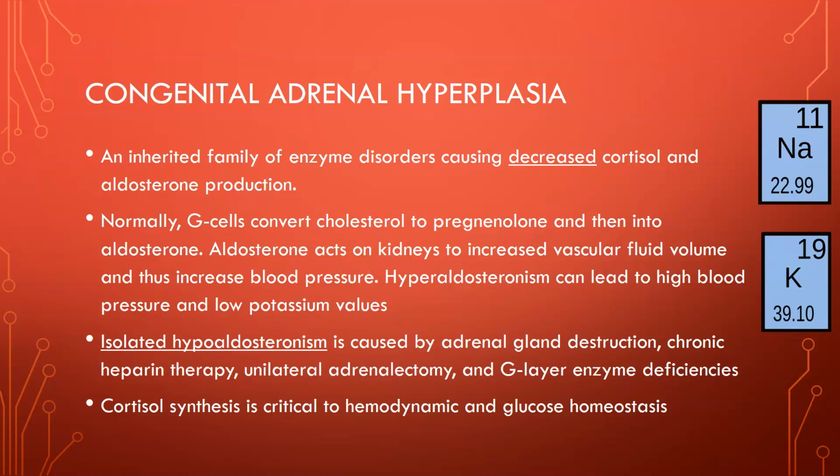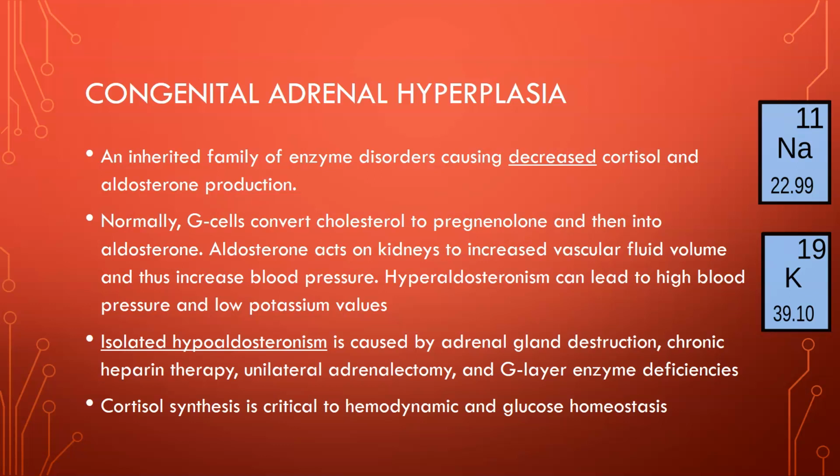And it does that by moving sodium and dumping potassium. Anyway, hyperaldosteronism then can lead to high blood pressure and low potassium values and also probably high sodium values, because if you make too much aldosterone, it'll keep pulling the sodium, water follows the sodium, and dump potassium in exchange. And so high blood pressure with low potassium, you should suspect